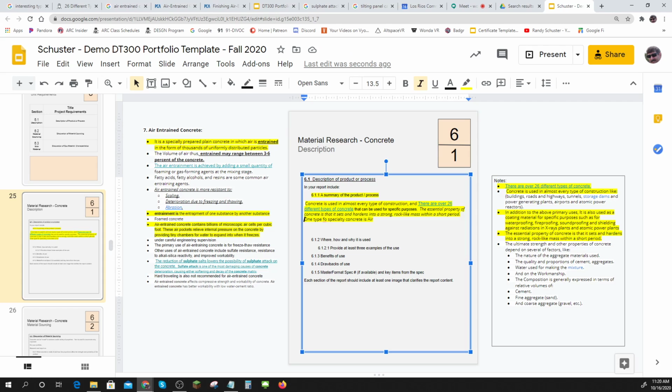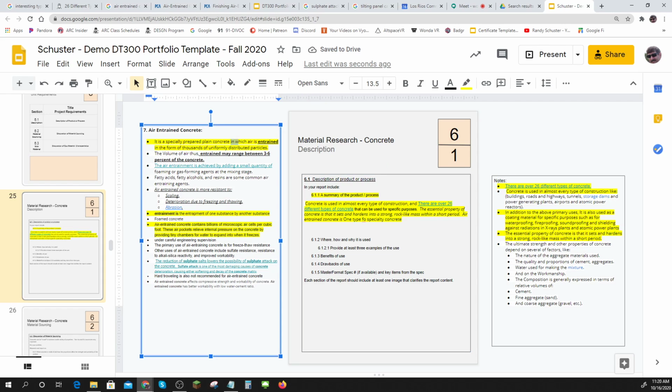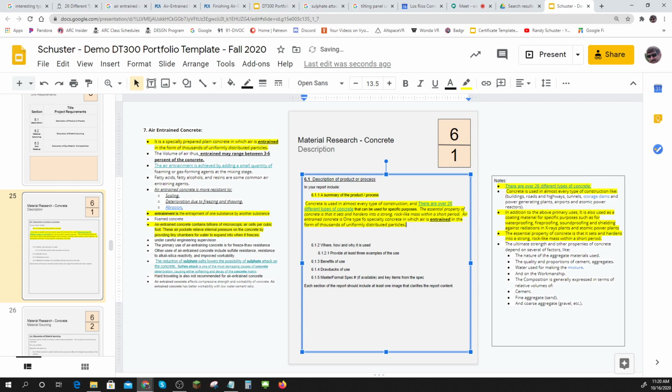I'm going to say air entrained concrete is one type of specialty concrete in which air is entrained to form thousands of